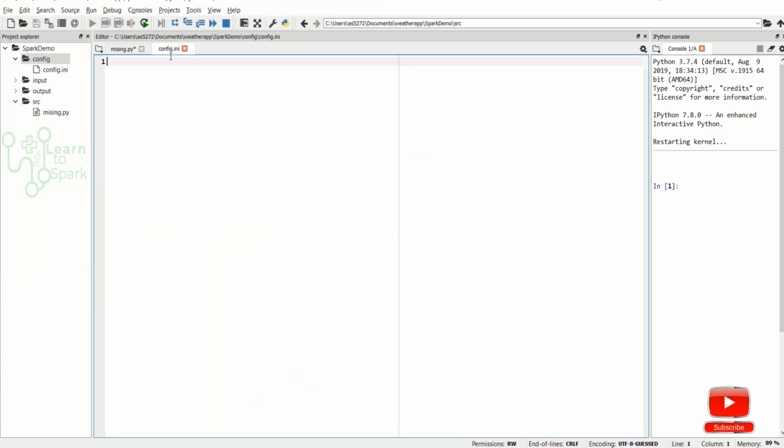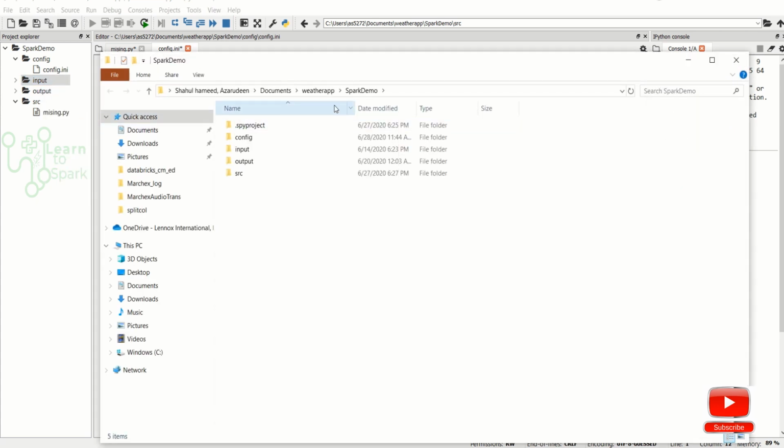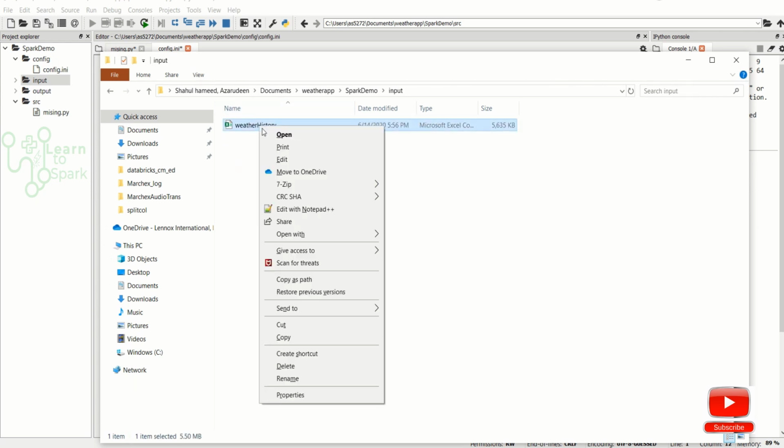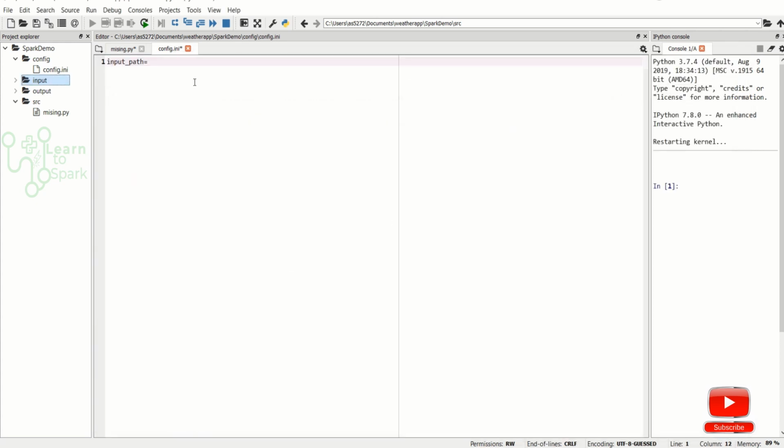So we have created a separate config file. Here we are going to define our input path: input_path equals, and I am giving the file path.